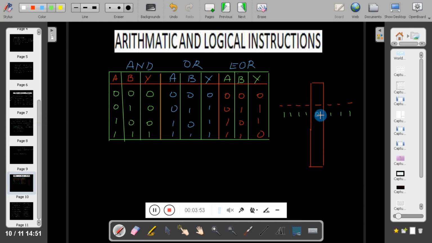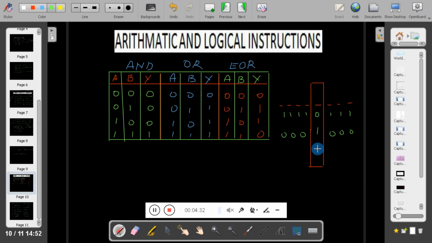Suppose I want to make this bit as 1, then you use OR operation. You see, in OR operation, if you OR any bit with 1, output will be 1. If you OR any bit with 0, that bit remains as it is. That means here you have to OR it. So other bits remain as they are and you can alter this bit. I don't know what the bit is. I want to make that particular bit 1 or 0 and I want to leave the other bits as they are.